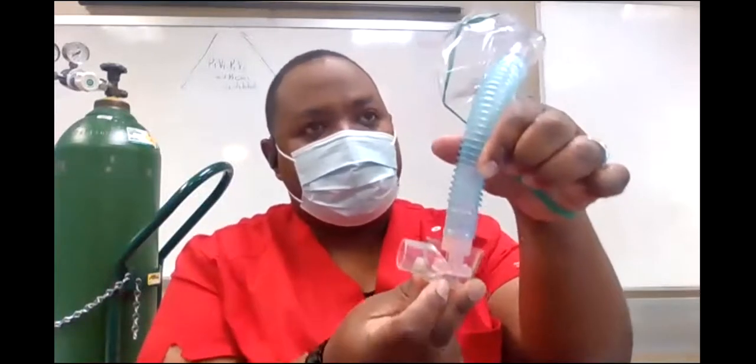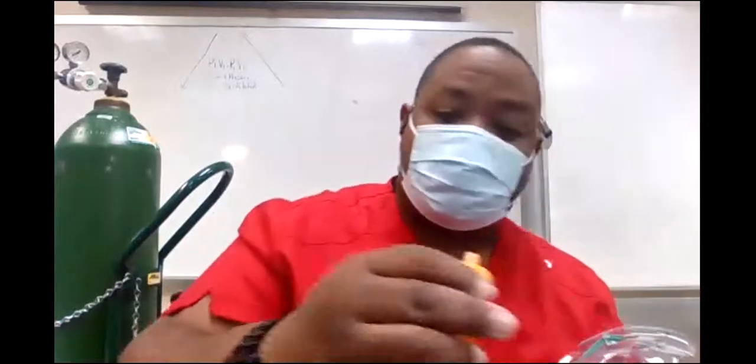But you do have a protection cup that comes with these. It'd be just like this, but it's made where it will fit down in there. This is your 40% Venturi mask. If I use the blue one, it's a 24% Venturi mask. If I use the orange one,